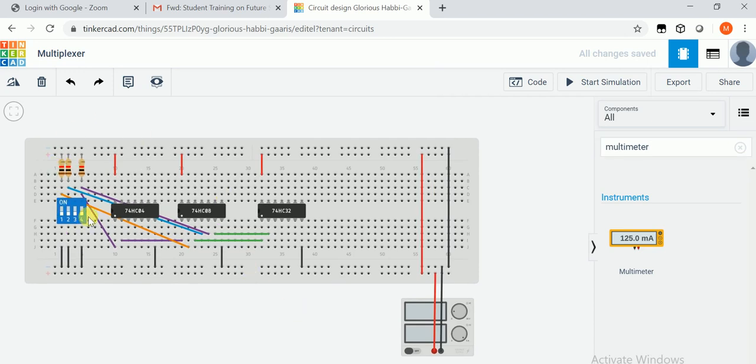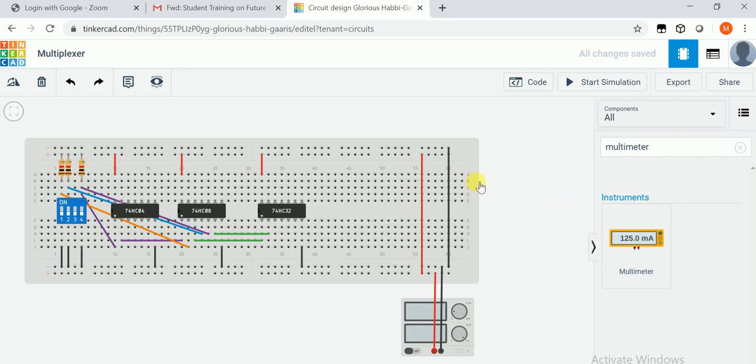You can see the connection once more. Here we have connected the I0. This one is I0, and this one will be S bar, inverted, and then connected to the AND gate, multiple AND with I0, and then S with I1. So the output of both AND gates will be connected to the OR gate. Now pin 3 will give you Y.